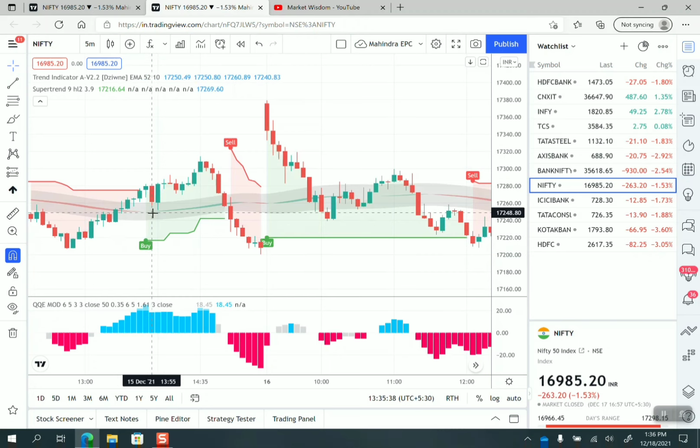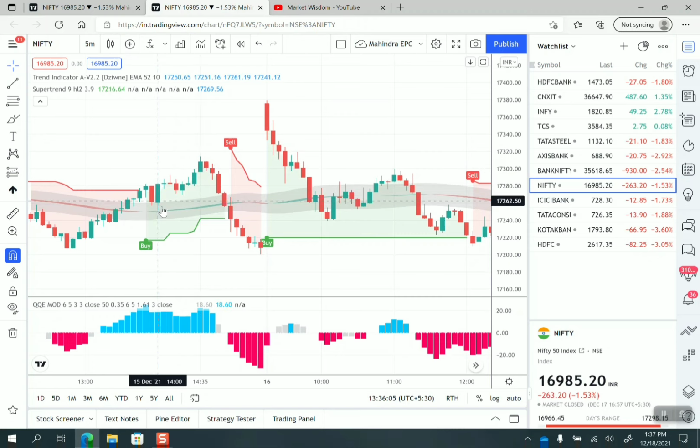The third condition is this particular trend indicator, a super trend, it is in green color, and the middle line is also in green color. So we can initiate a call side position over here. What will be the stop loss? Stop loss will be the lower end of this band. So this will be the stop loss, which is 17,240, and it did not hit our stop loss, and it gave a proper good move to us.